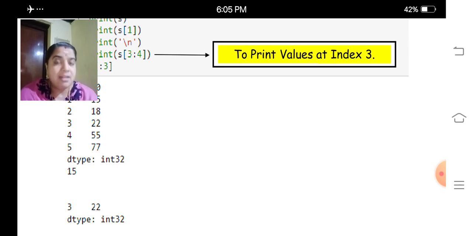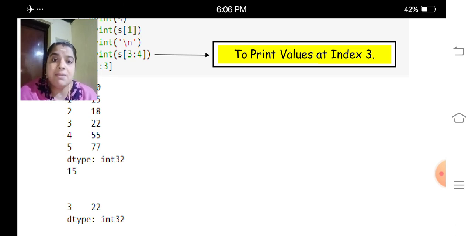My dear children, once again I am repeating. If we are using only one index within the square bracket, it won't give any index. It will give only the original value which is residing at the index given in the program. That is print s of 1. It will print only 15.